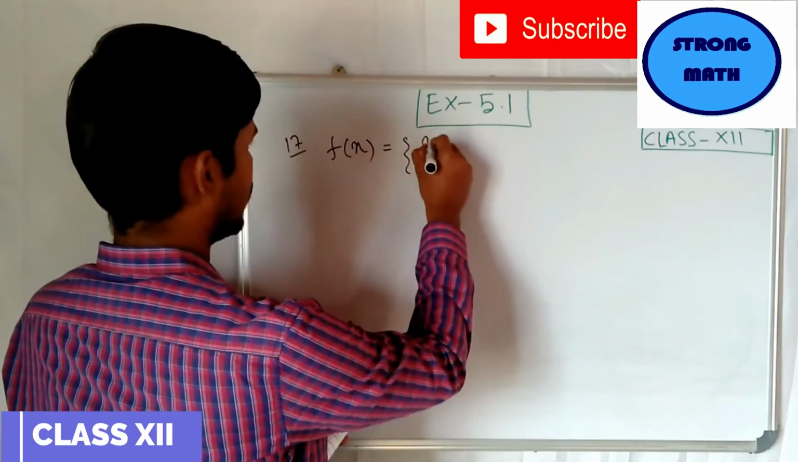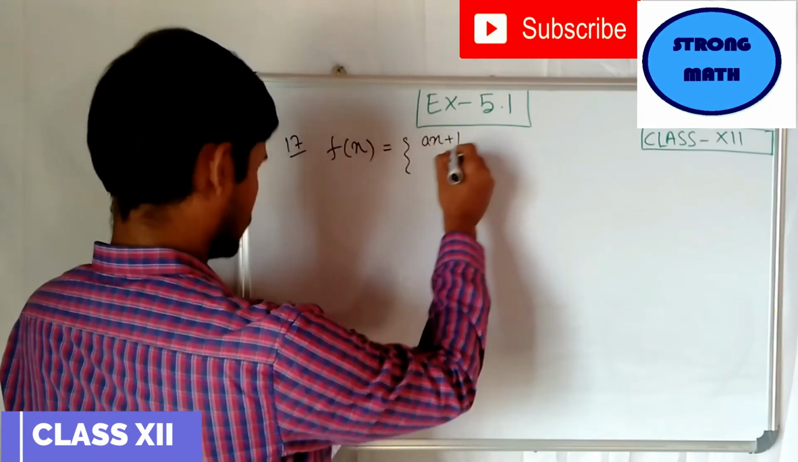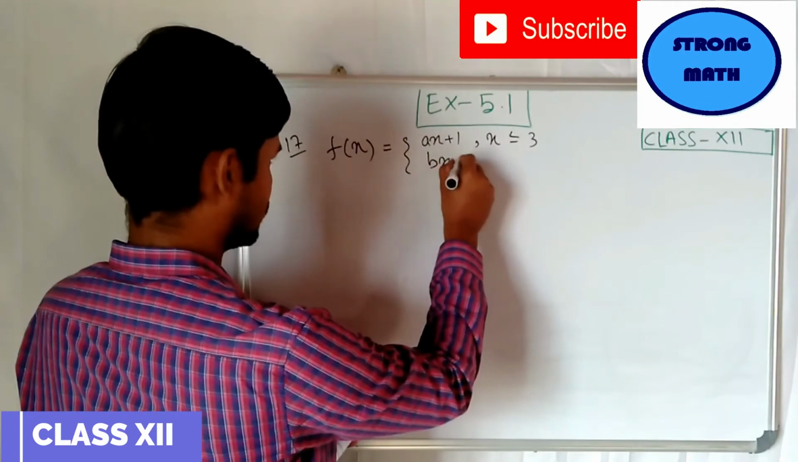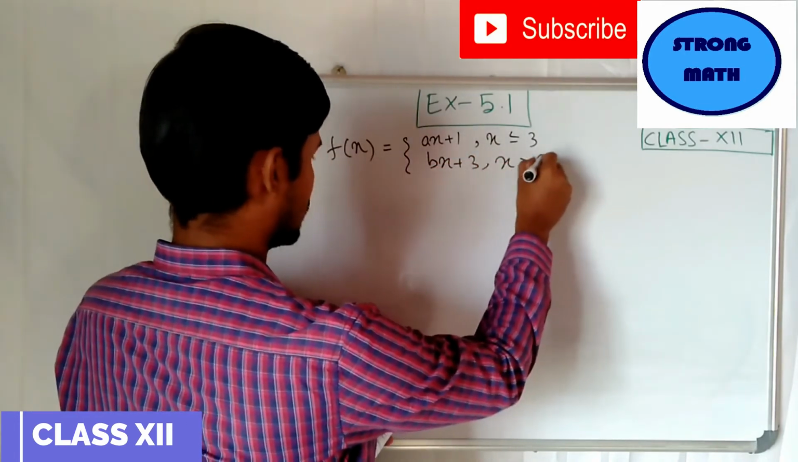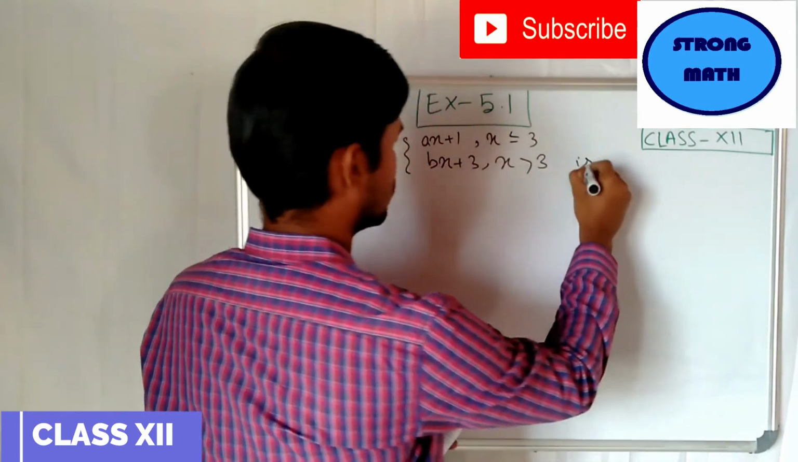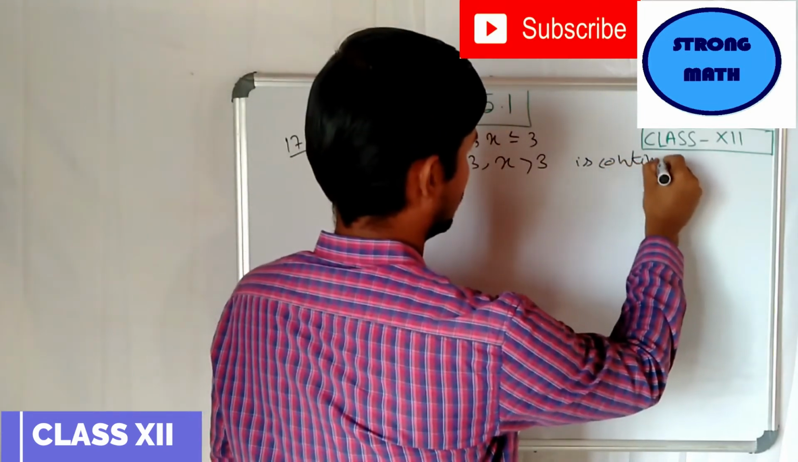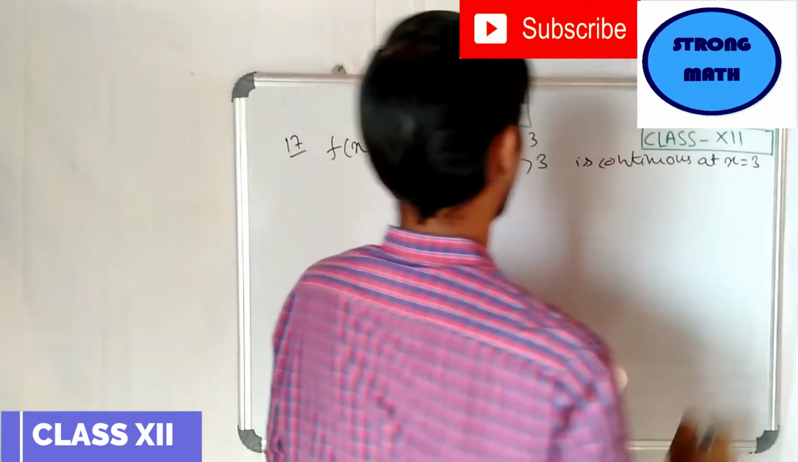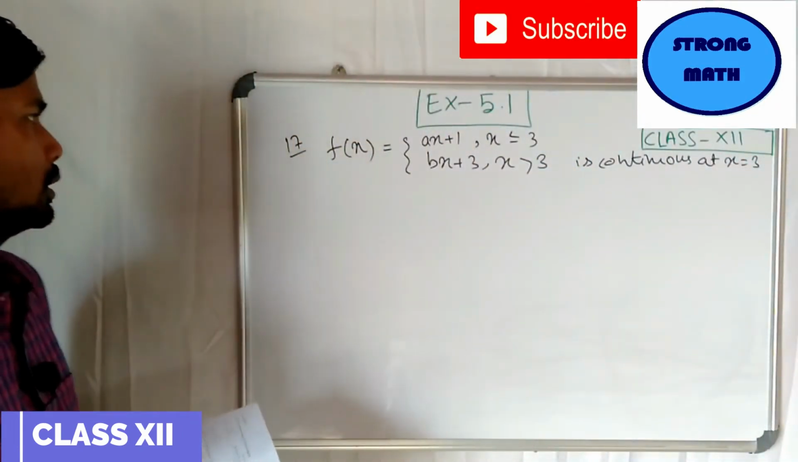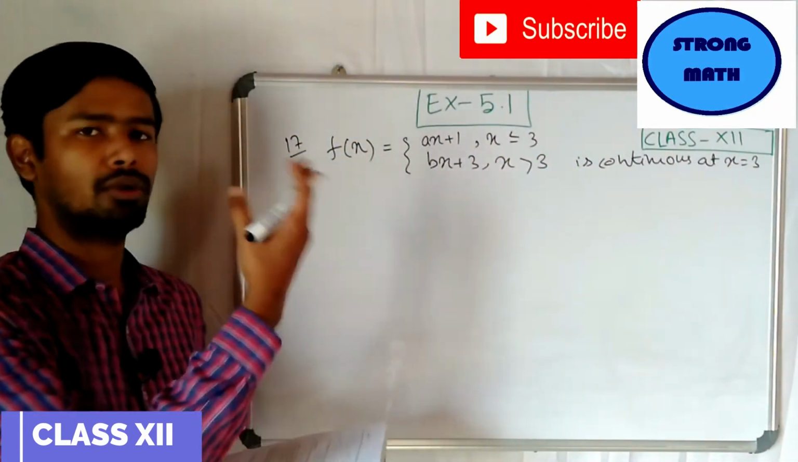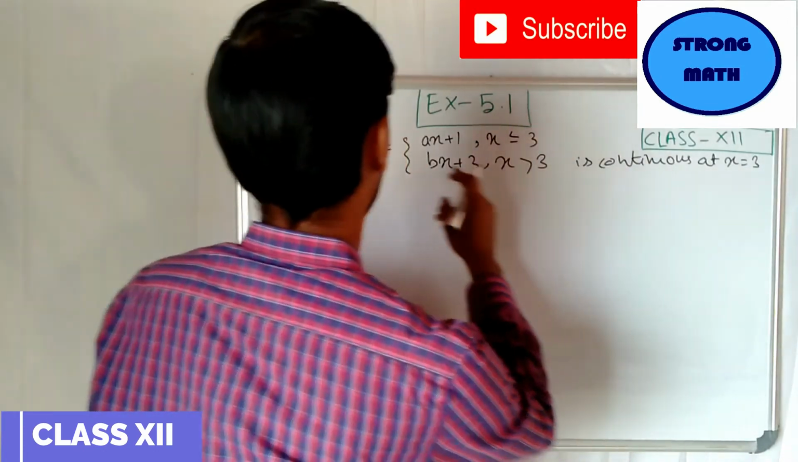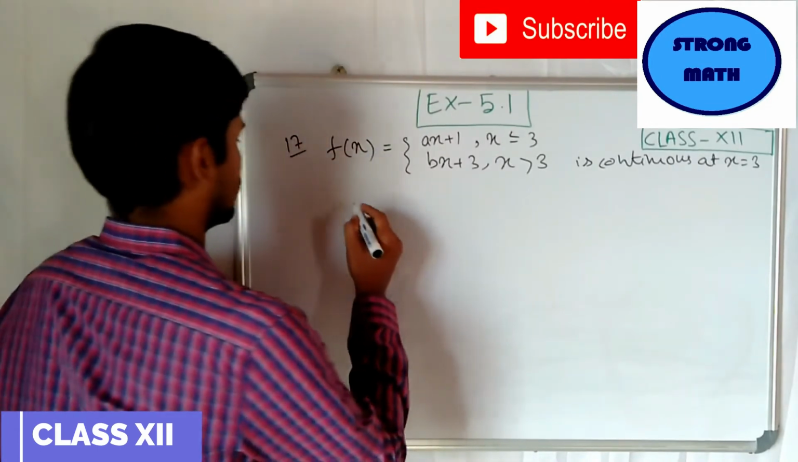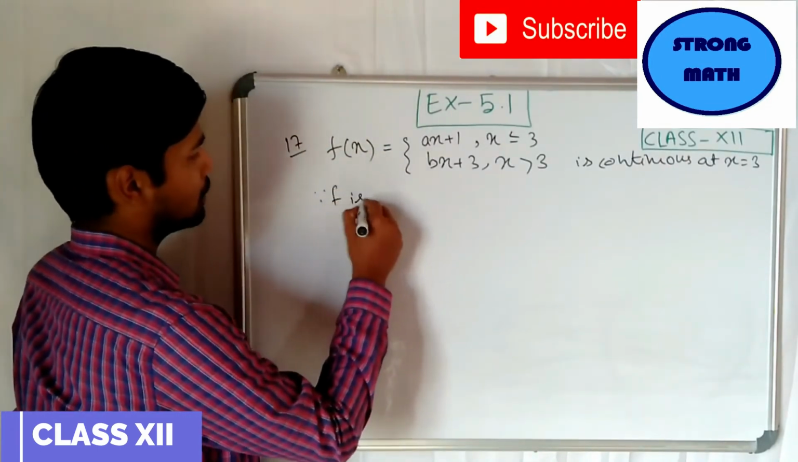f(x) equals ax plus 1 if x is less than or equal to 3, and bx plus 3 if x is greater than 3, is continuous at x equals 3. Here it is given that this function is continuous at x equals 3 and we have to find a relation between a and b. Okay, since f is continuous